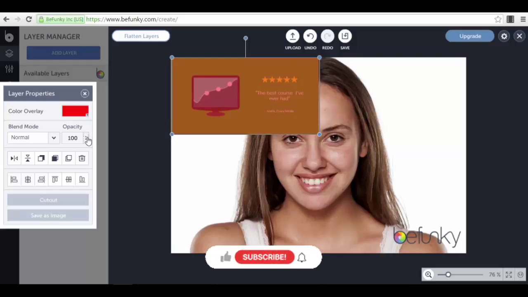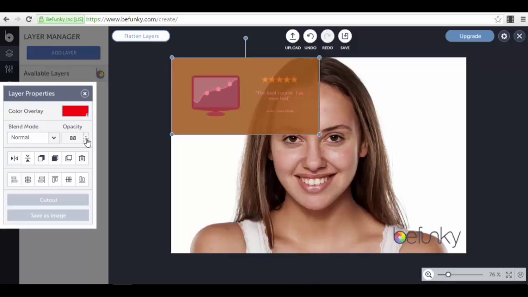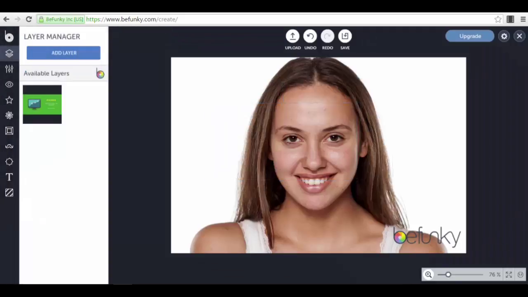For example, we can set its opacity from here, and as you can see, when you set the opacity higher, for example at 100%, you see only that image in that spot where it is. If you set the opacity lower, it will have transparency. This is very cool if you want to do different effects. Now let's have a look at other options that